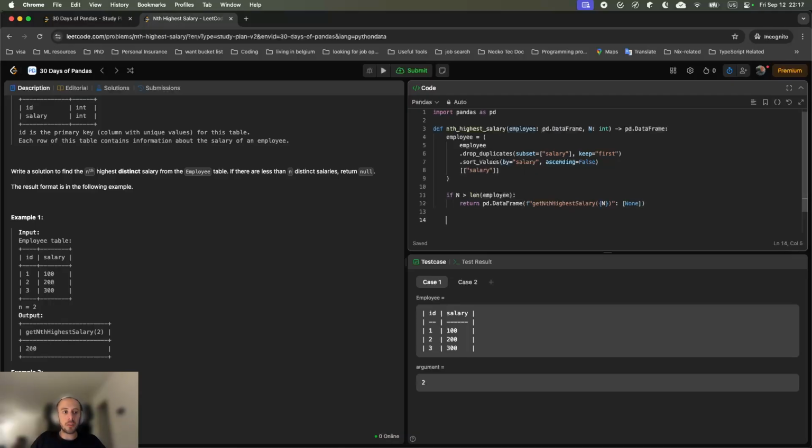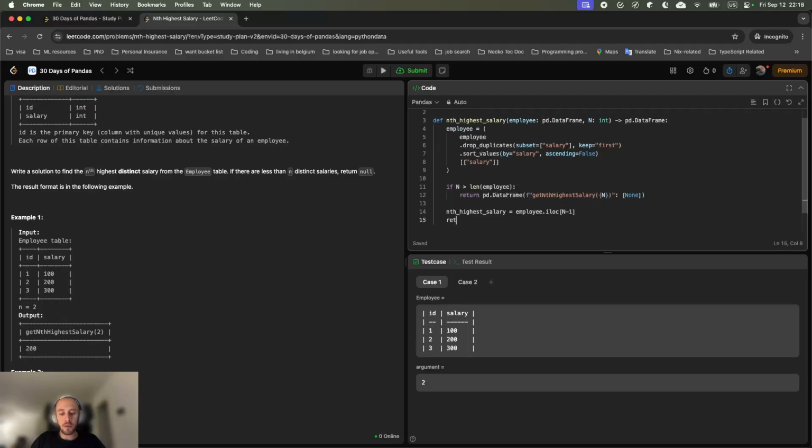And if that's not the case, I have the nth highest salary, which would be the employee at n-1, because we go from the top and it starts from 0, so 0, 1, 2 until n-1. So the second highest is actually the first index, so n-1 is for that. And then we return